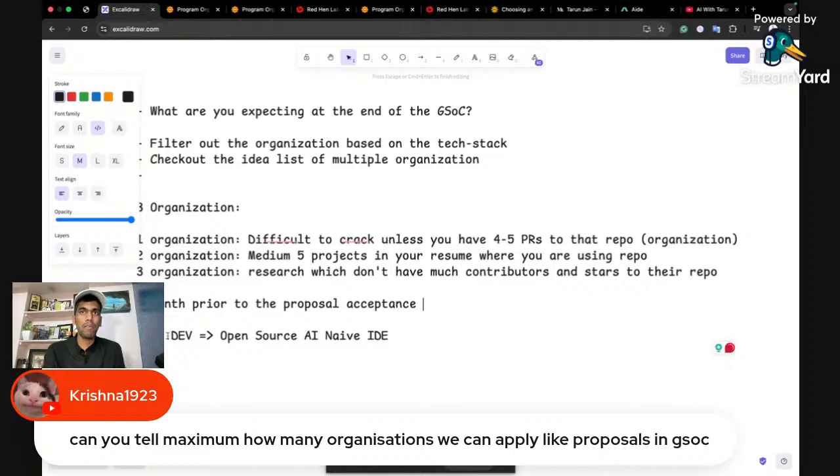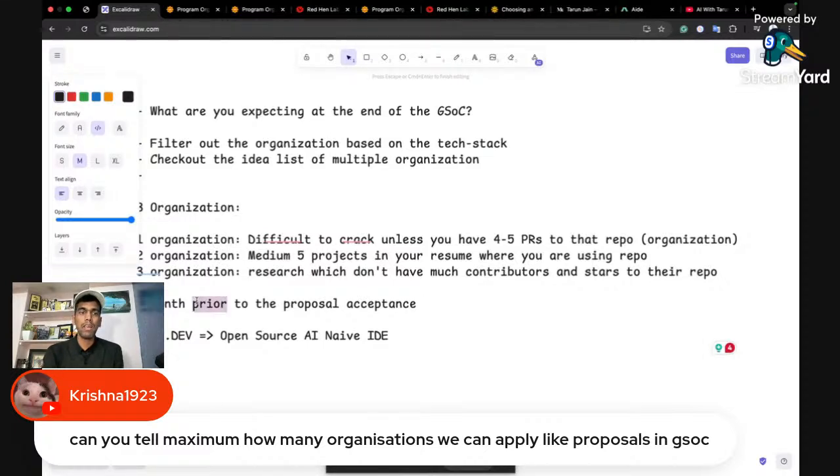So everything, whatever I'm telling, you need to cold reach out to the people. It needs to happen 1 month before. If you're doing 2 weeks before, there are high chances mentors will already be involved in reviewing the proposal. So it's better to reach them out 1 month prior so that you'll be in better shape and have more idea on what the organization is expecting from that particular project.